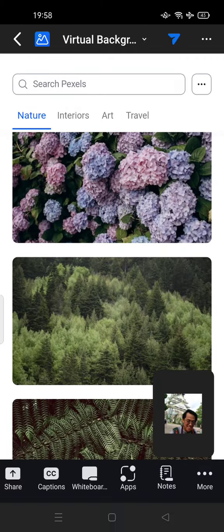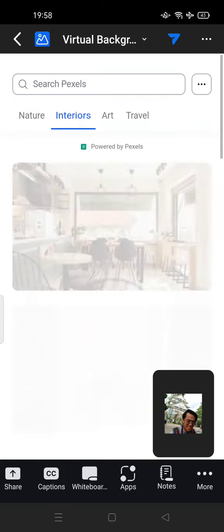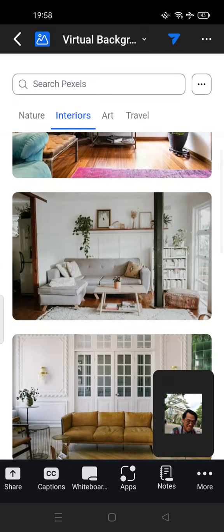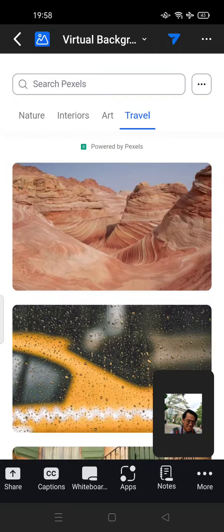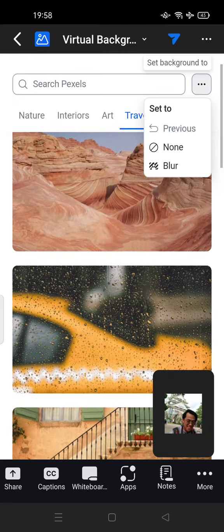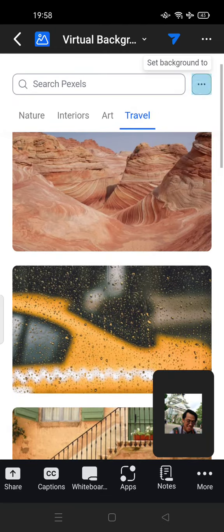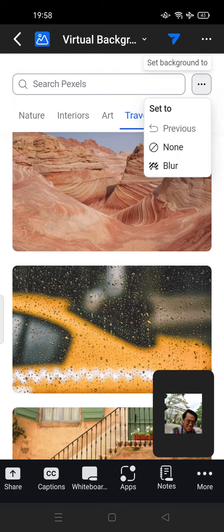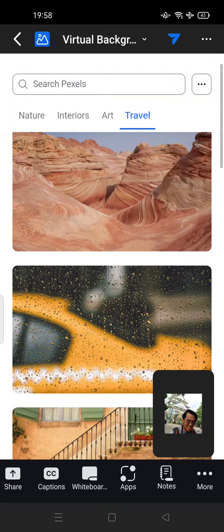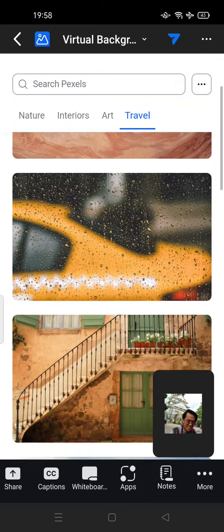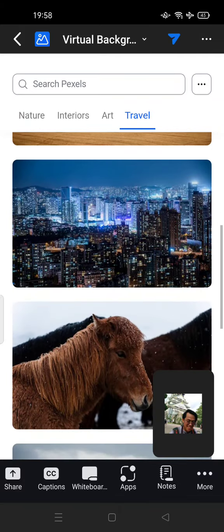There are categories here: nature, interiors, art, travel, and you can search by yourself, or you can make it blur. Just tap on the three dots beside the search filter and use the blur. So feel free to try setting your virtual background on Zoom